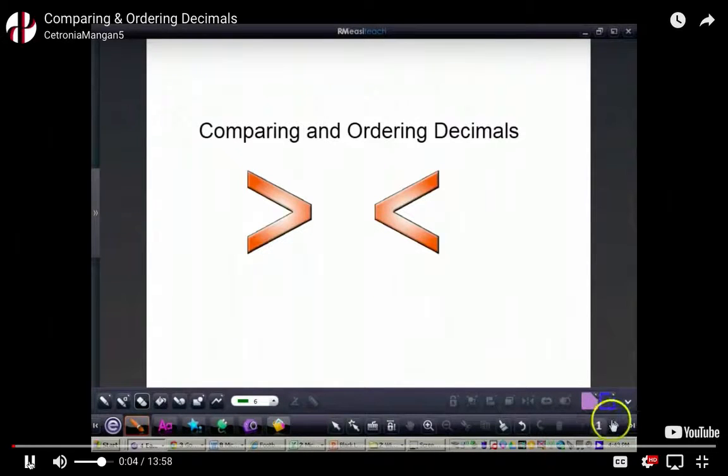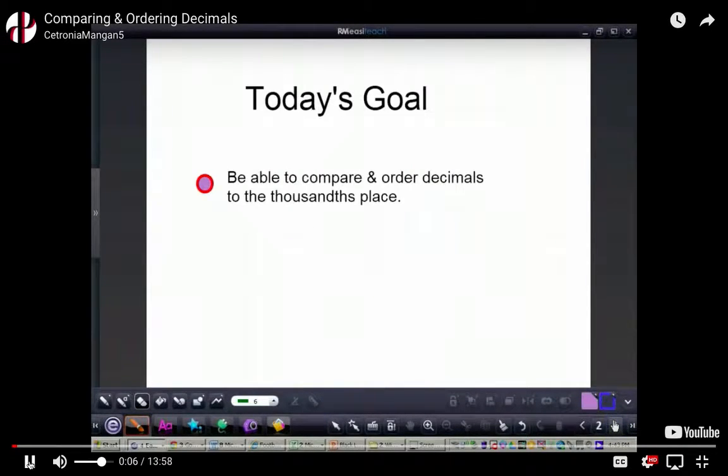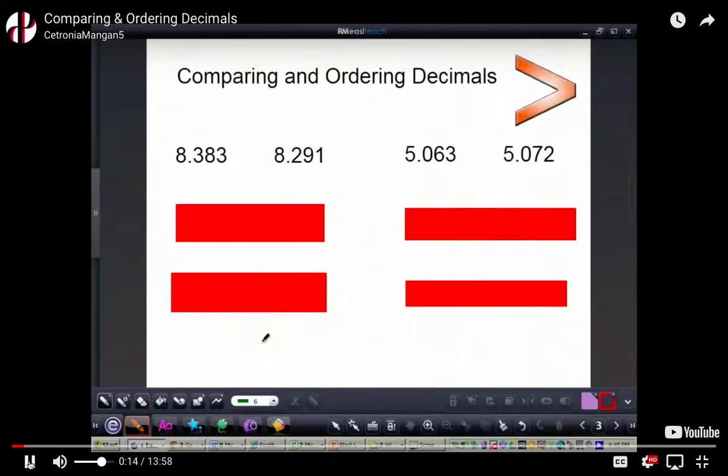and ordering decimals. The goal for the video is to be able to compare and order decimals all the way to the thousandths place. So we're going to look at comparing decimals first, and then we'll look at ordering decimals after we take a look at comparing. So the first thing that you want to do whenever you're comparing any number is always look at the digit